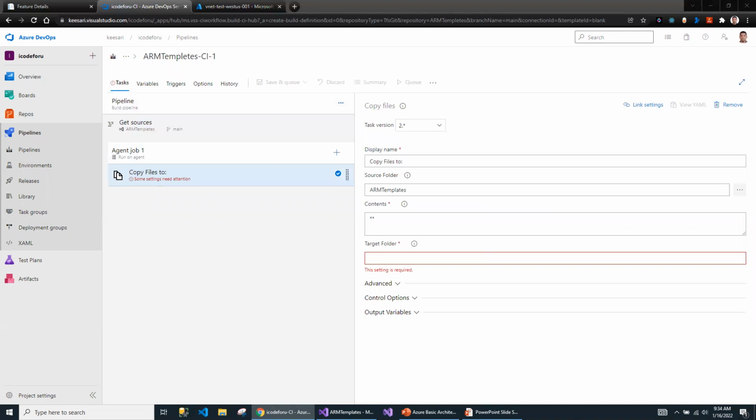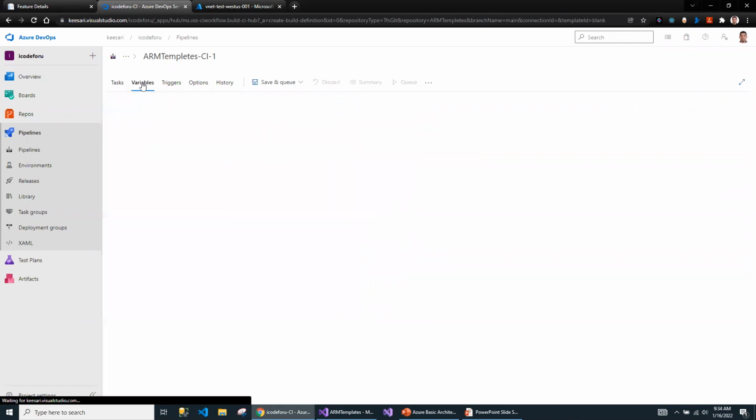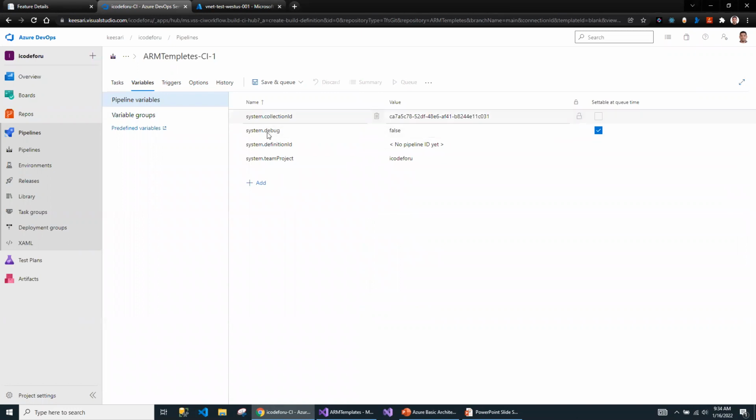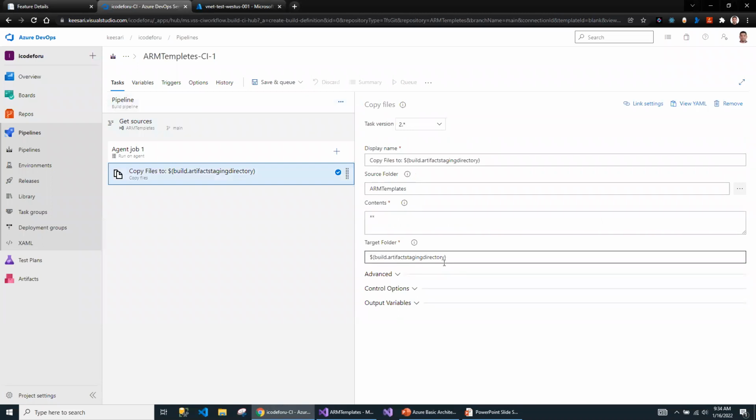So I'm going to use the artifacts staging directory variable. If you go to the variables, that's the default variable. Even though it's not listed here, I'm going to use the staging directory default variable for copying the files. That's task number 1.